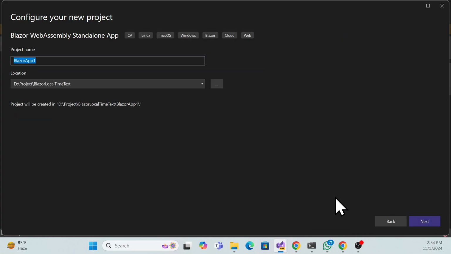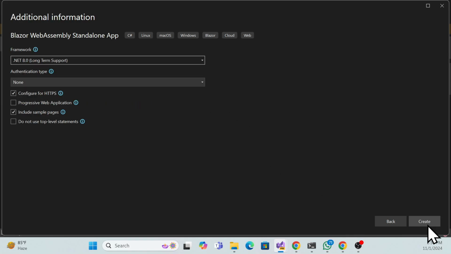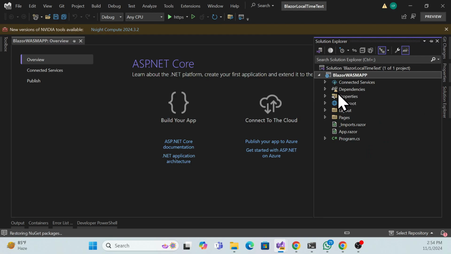So let me create a Blazor WASM app, and I will use .NET 8. Once you create it, there are two ways. Ideally you can just open the terminal and add the package that is required. Okay, so what is that package? The package name is